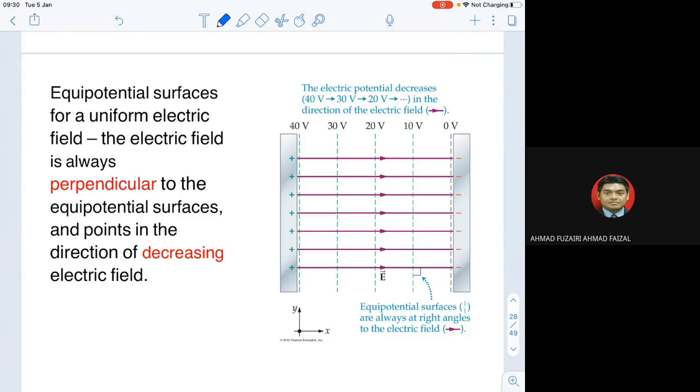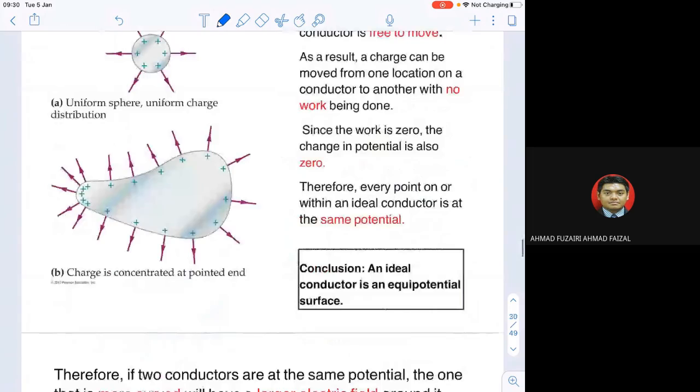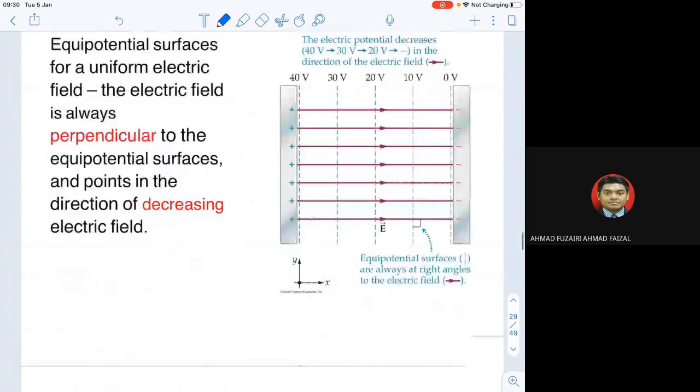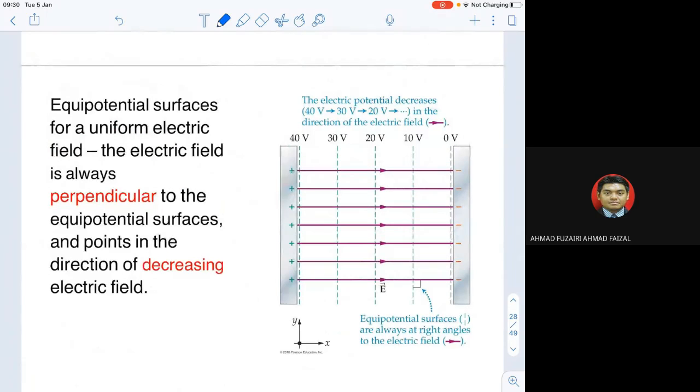You can look here. These are imaginary lines. You cannot see the lines, and you also cannot see the electric field lines, but the electric field is highlighted because they want to make sure you understand. The electric field is still flowing from the positive charge to the negative charge, or from the positive plate to the negative plate.